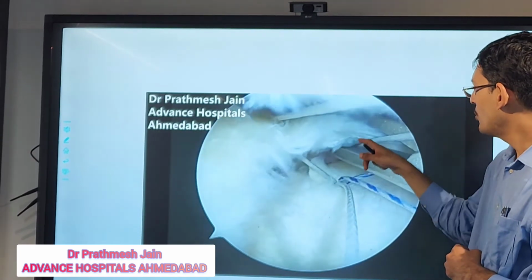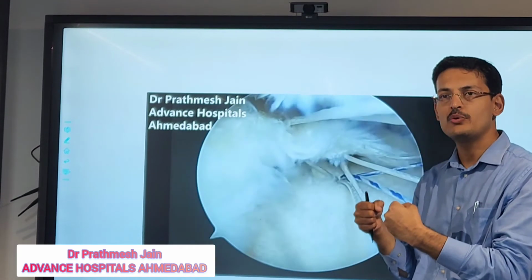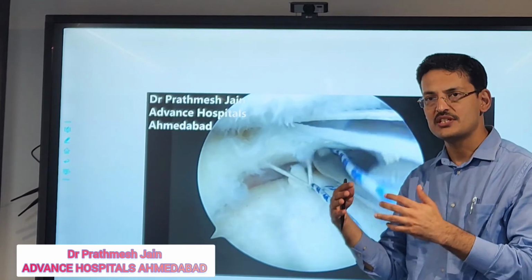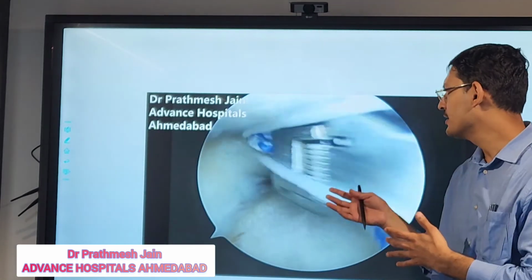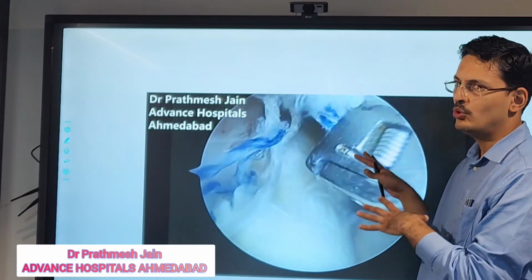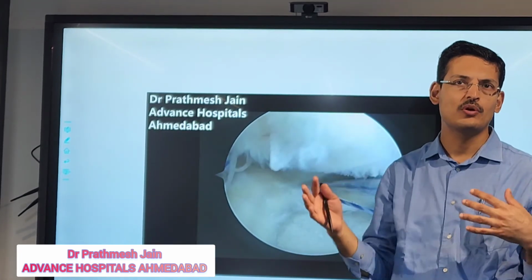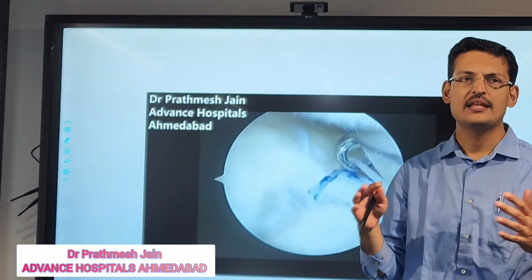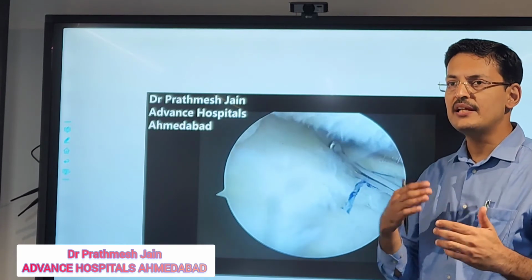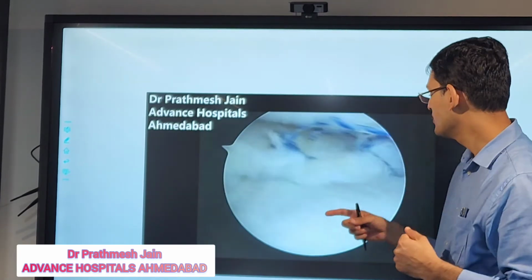Okay, so all the 4 sutures are passed. In a way, what we want is to pull the meniscus back into its own position and prevent the extrusion, so that we hope this meniscus functions a little bit. Our goal here is to actually increase the longevity of this knee. We have operated on a good number of these patients, and realistically the patient will come for follow-up in about 6 months, 1 year, and they'll say that they are around 60 to 70% better as far as the pain is concerned, and typically the walking has become much more comfortable as compared to the pre-op status.